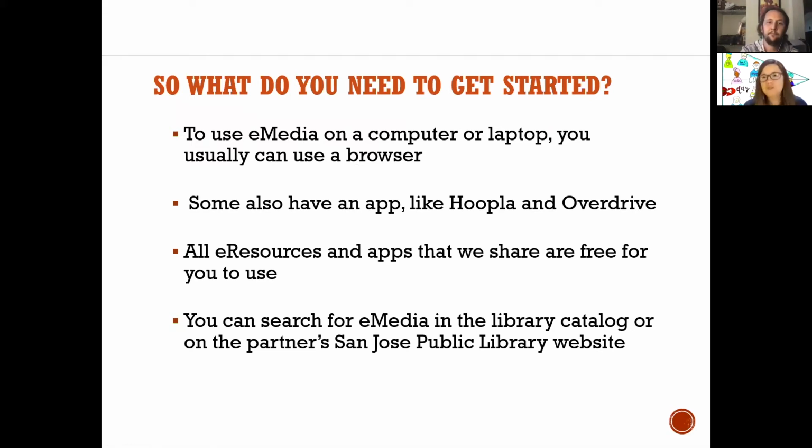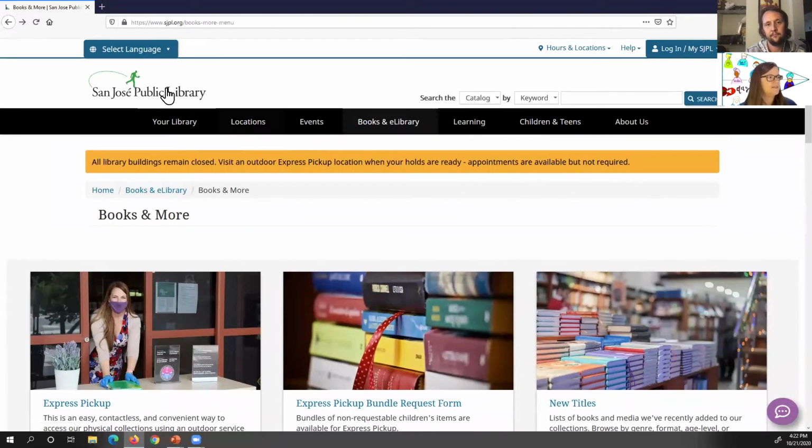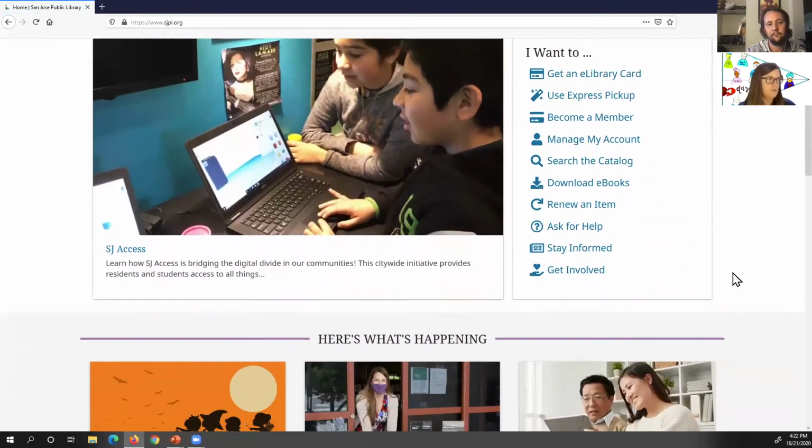If you are having trouble getting access to the internet, if you are dialing in now but you don't usually have access, maybe you're taking advantage of public Wi-Fi, or at home you're experiencing connectivity issues, one of the things I will mention is that here on our homepage, we do have wireless hotspots available to check out.